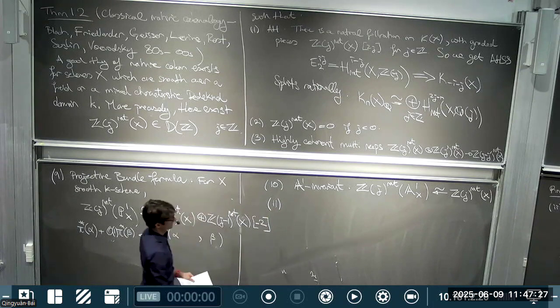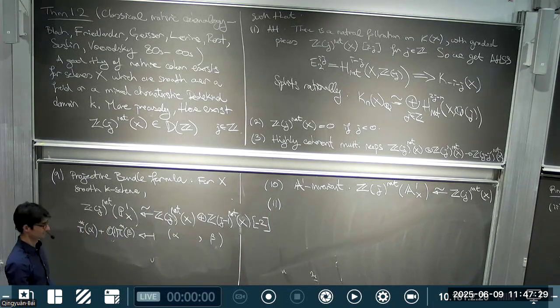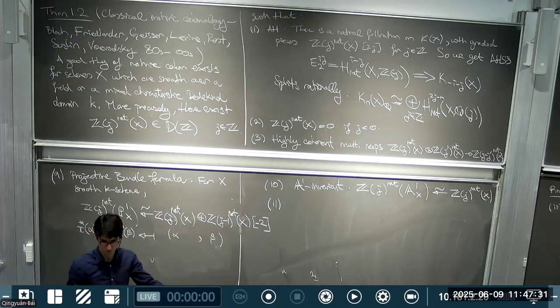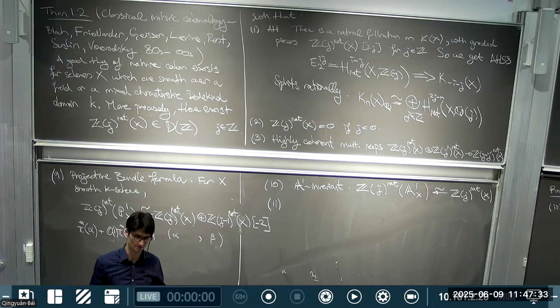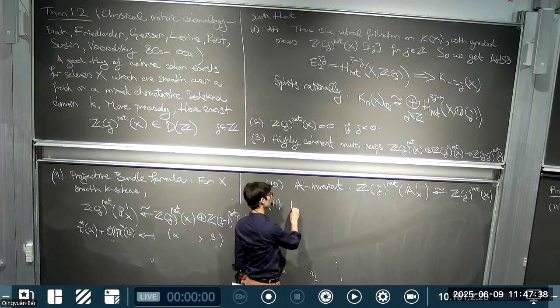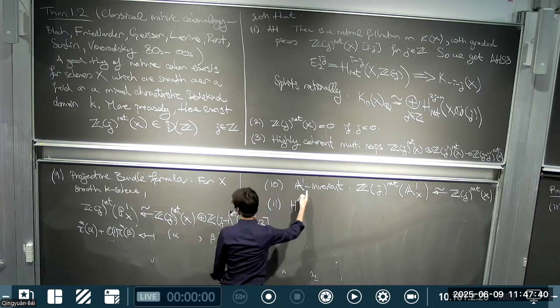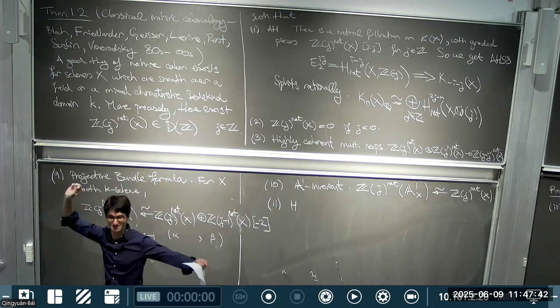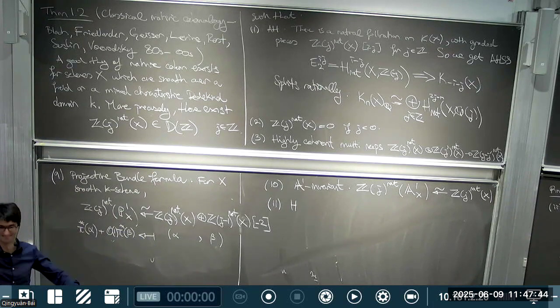And finally, I told you that the prediction is that this should be related to algebraic cycles. But is this then true for any scheme? That's true for any scheme in the generality in which I'm stating it over the field. Ah, sorry, how is this? So this one. Thank you.